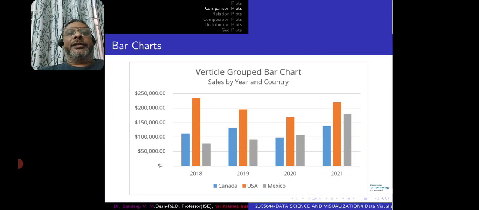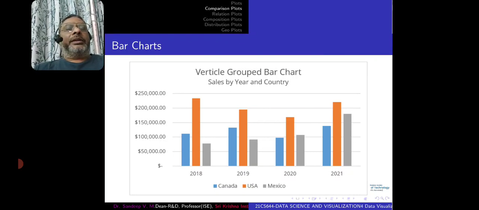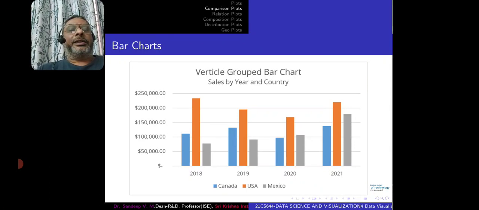So the total sales are presented here, and every year three bars are presented vertically, and the blue one represents the sales in Canada, the orange one the US, and the gray one Mexico. So the same thing is repeated because they are grouped. So in 18 what happened, in 19 what happened, in 20 what happened, in 21 what happened. So if you just put that all together,